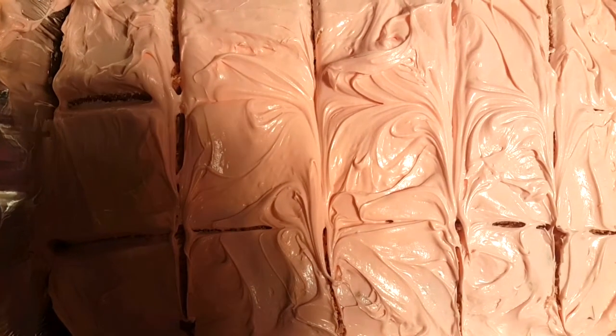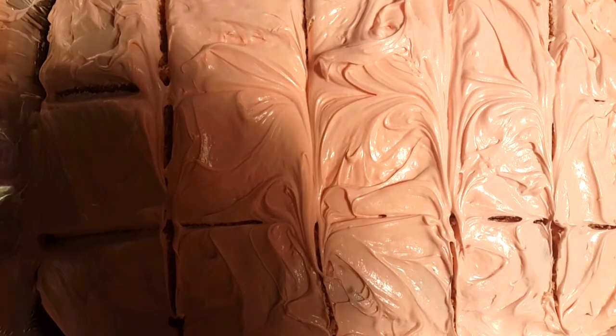The cake that I did, it's just a regular strawberry cake with strawberry frosting, and that's